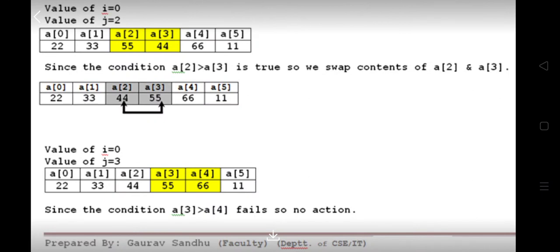When the value of j is 2, the program compares A2 and A3. It checks whether A2 is greater than A3. Yes, it is greater, so the program swaps A2 and A3. When the value of j is 3, it checks whether A3 is greater than A4. No, A3 is not greater than A4, so no action is performed in the array.